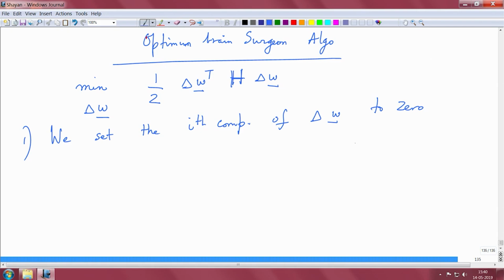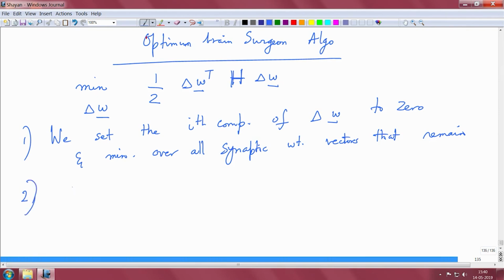We set this ith component to 0 and minimize over all synaptic weight vectors that remain after this setup is done,